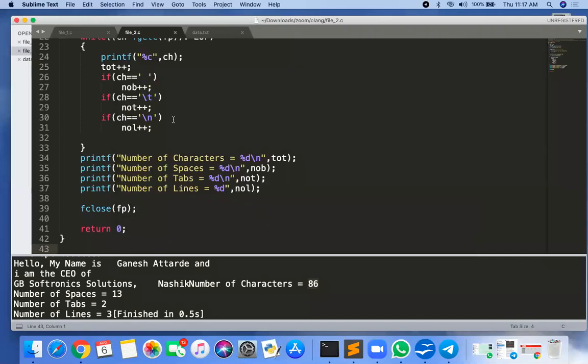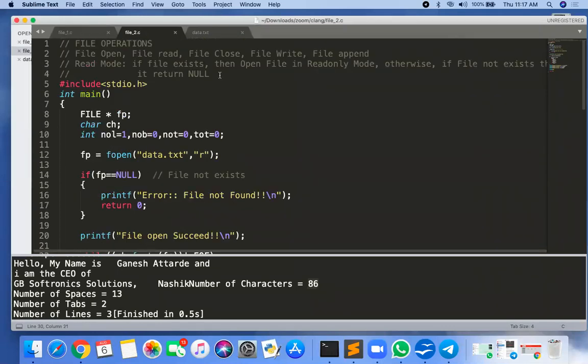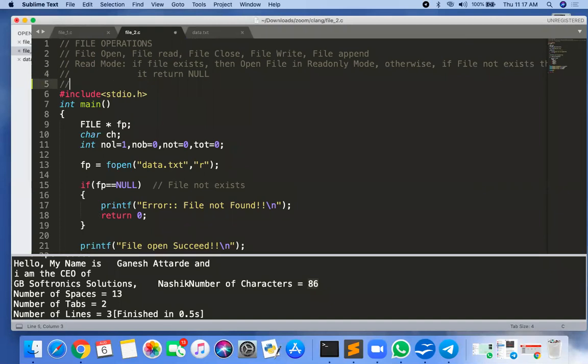_2.c. Okay, so now the next program is the file copy program. Tell me, what do you mean by a file copy program? File copy means there is one existing file, data.txt, and now you want to create a copy of that file. So you need to create a new file, data1.txt. We know that data1.txt is not available, so you need to create data1.txt, and inside it, whatever the content of data.txt is, you need to copy there. That is known as a file copy program.